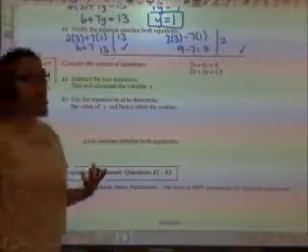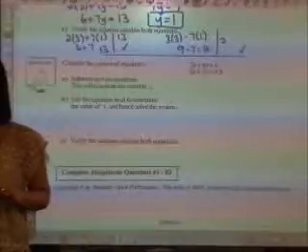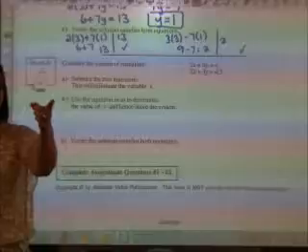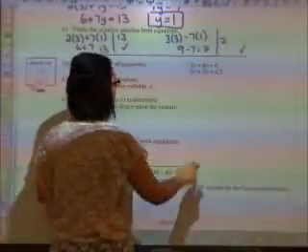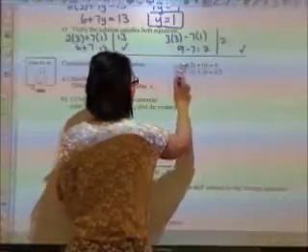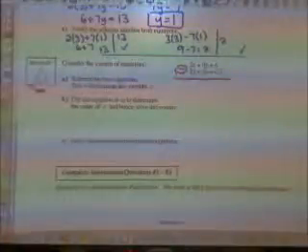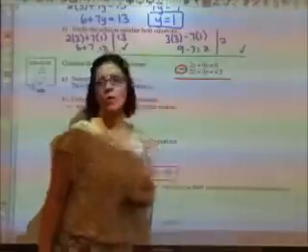Now, which variable makes sense to eliminate, the x's or the y's? Why the x's? Because they're the same, and I can do what, Isa? Subtract both. I can subtract them. Because if I take 2x and I subtract 2x, I get no x. I get 0 x's. And if I take 6y and I subtract 3y,